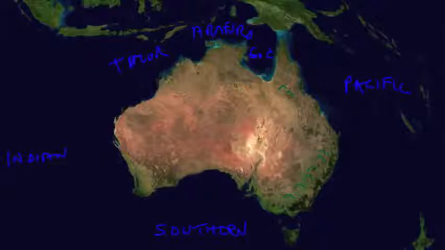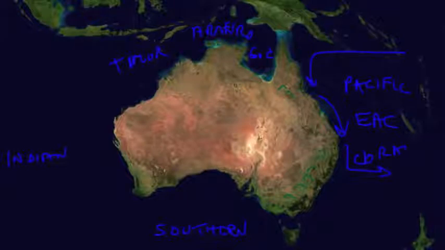We have some major ocean currents. In fact, one of the most rapid ocean currents on the planet is the East Australia Current, or EAC. It flows south to north, separating the Coral Sea to the north from the Tasman Sea to the south, both part of the Pacific Ocean. And then on the west coast, a very unusual south-flowing current, and that's called the Leeuwin